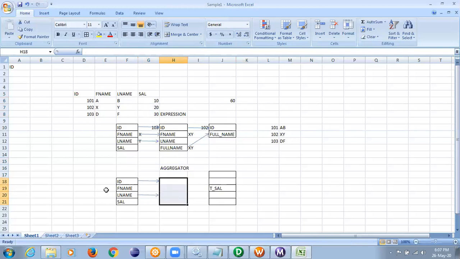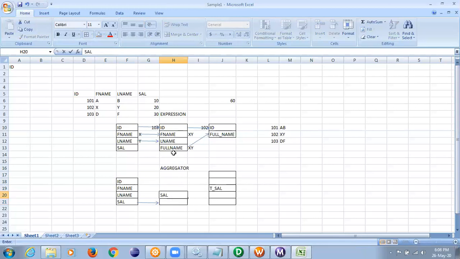Now while doing that, do I have any use of the ID, first name and last name columns? No, right? So don't drag unnecessary columns into the aggregator. Only drag the required column, that is salary.